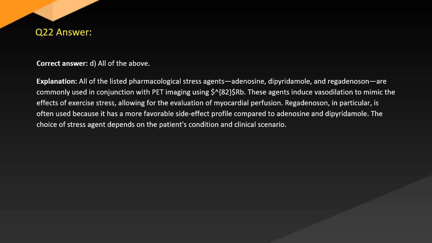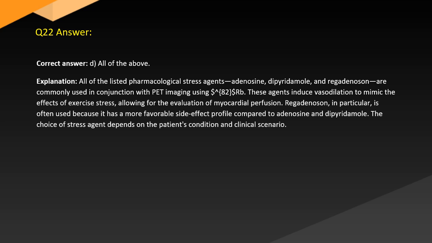Answer. Correct answer: D. All of the above. Explanation. All of the listed pharmacological stress agents, adenosine, dipyridamole, and regadenoson, are commonly used in conjunction with PET imaging using 82Rb. These agents induce vasodilation to mimic the effects of exercise stress, allowing for the evaluation of myocardial